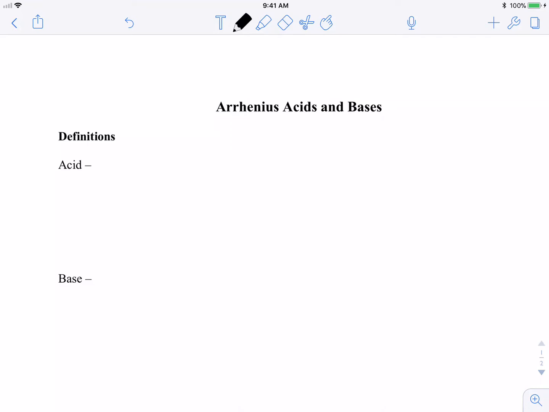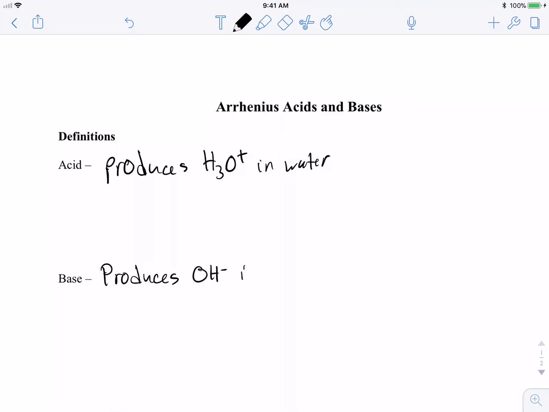Okay, in this video I want to talk a little bit about Arrhenius acids and bases. So let's go ahead and define what each of these are. An Arrhenius acid is something that produces hydronium, so H3O+, when it's in water. A base is something that produces hydroxide in water. And so depending on what we add, whether it produces hydroxide or hydronium would tell us whether it's an acid